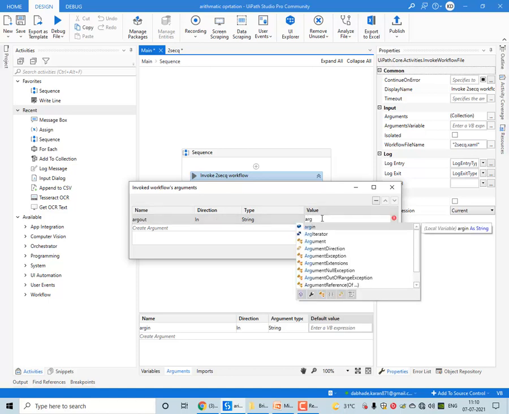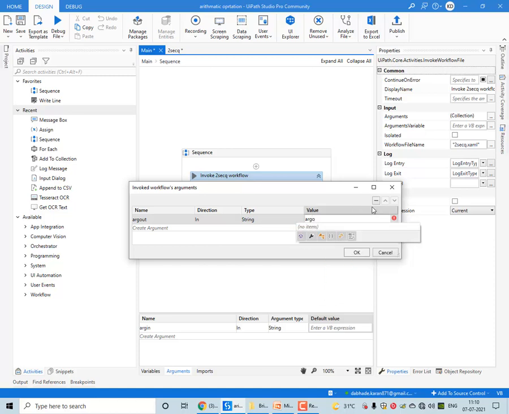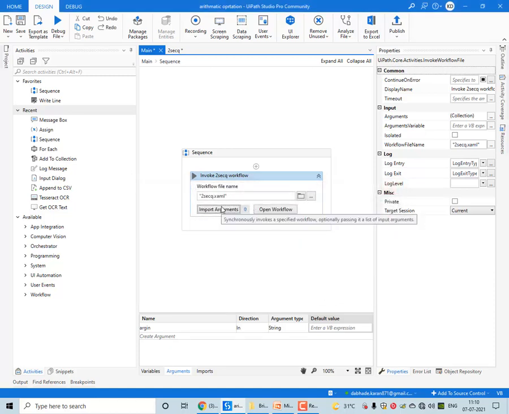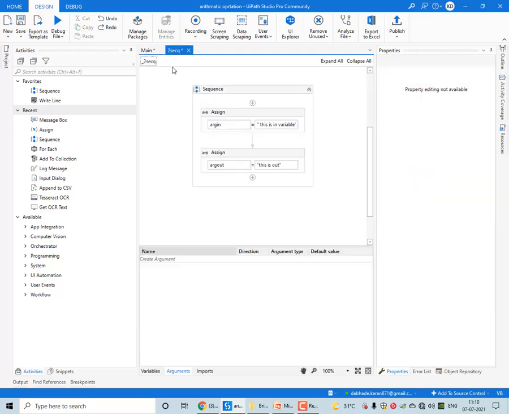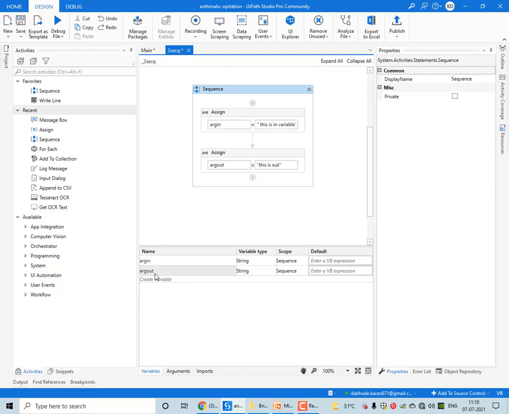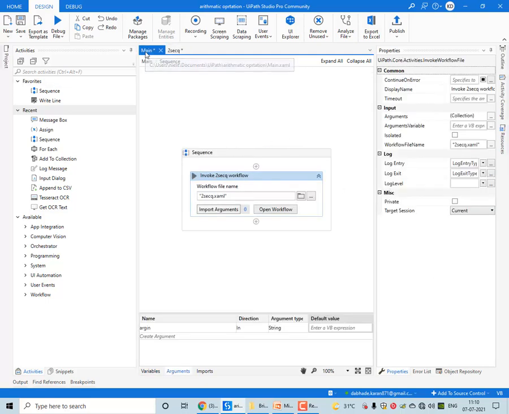Let me show you once again. I'm importing this. You can find out here what are the different variables we have. arg out here, okay, in this second sequence, and here we have to import that.